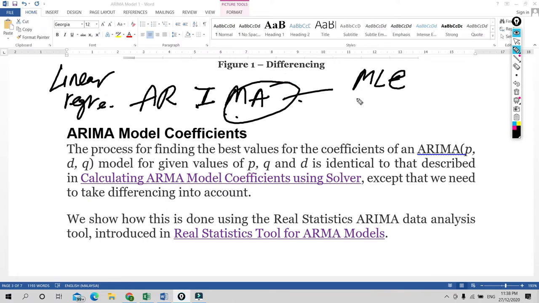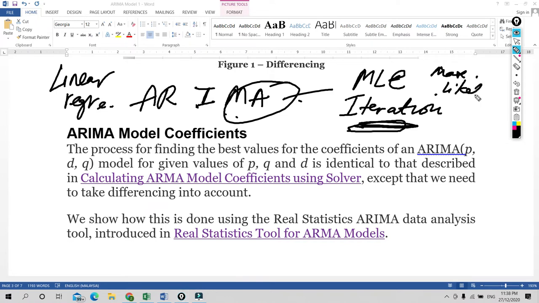You have to do iteration to find the MA model. So in order to do the iteration for maximum likelihood,